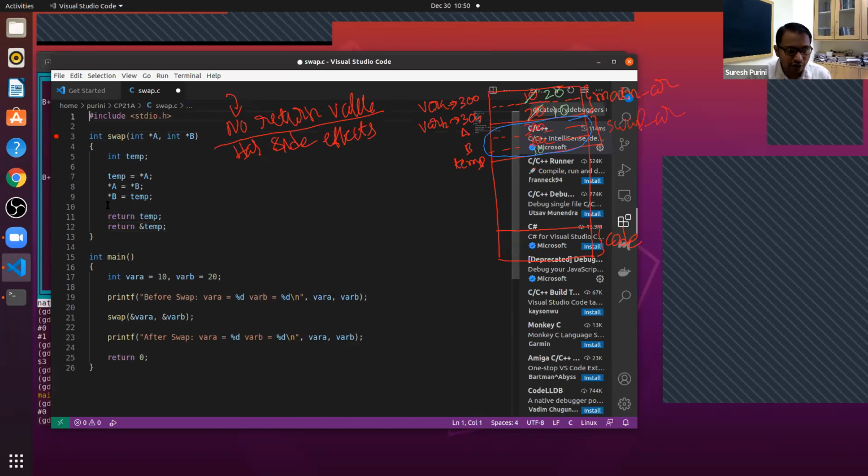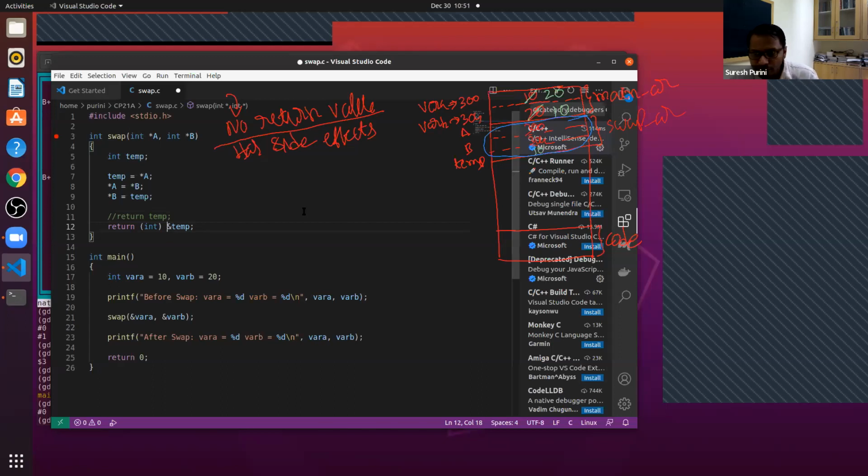Can we do return address of temp? Why can we not return the address of temp, or the address of A or B? One issue is of course that the return type is int, but that's not the problem, I can typecast it to int and send it. The memory that is allocated to temp is over after you are out of swap.